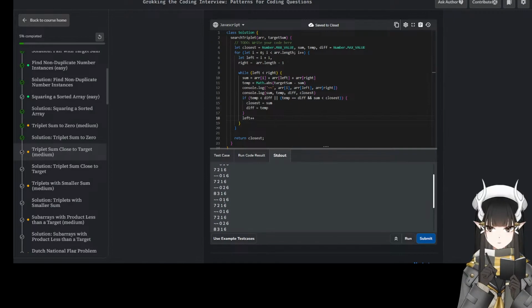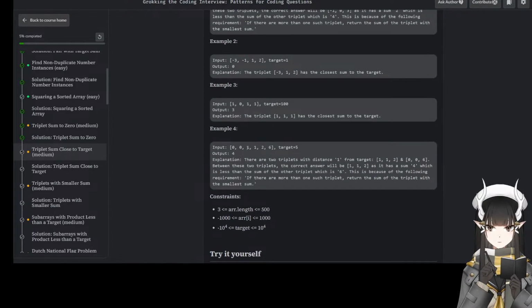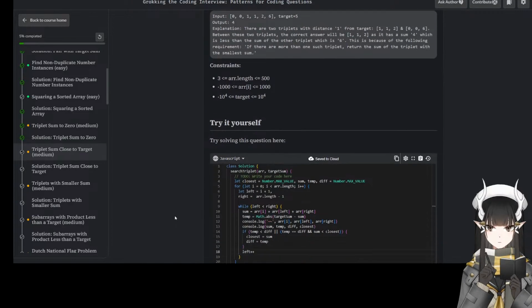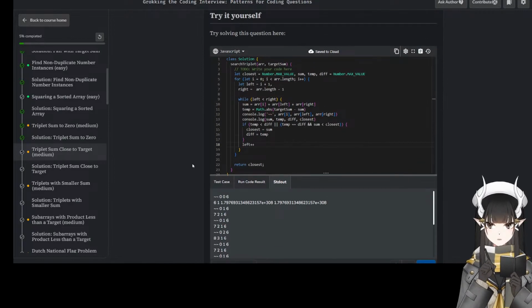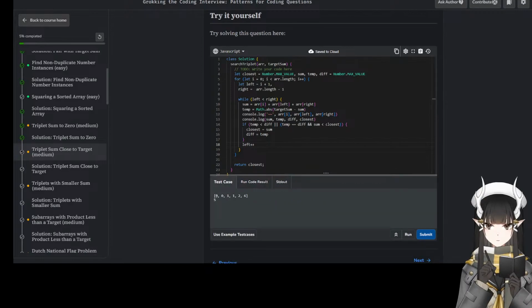So 1, 1, 2. Okay, the loop is we look at this, we look at this, we look at this, we look at this. So these two will always be fixed. So we look at this, and next is going here.